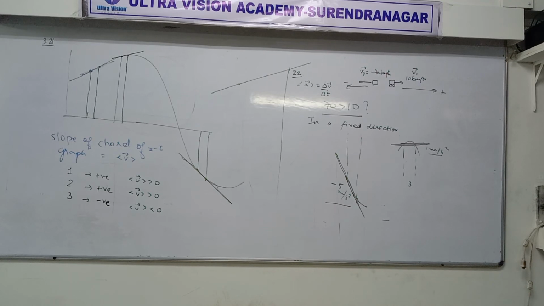Because of that sentence. What sentence? Objects move in direction of velocity. So if we know that object is moving towards the right side, velocity will always be positive. Understood? Yes, sir. Velocity will always be positive because object is moving in that direction. Even if it slows down, suppose car is going towards that side and it slows down, what does that mean? Is it now moving backward? No, sir. It's still moving in the same direction. So velocity is always positive everywhere. 1, 2, 3, A, B, C, D, everywhere the velocity is positive.